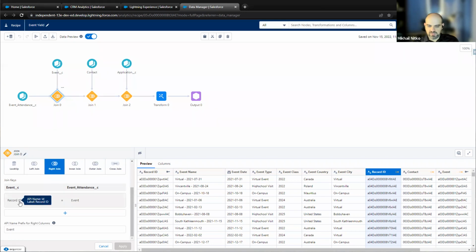So right here you can see that it's joining the event record ID onto the event lookup in the event attendance instance. And what's really nice here is you can actually create your own keys. You can create your own unique keys if you don't have them.